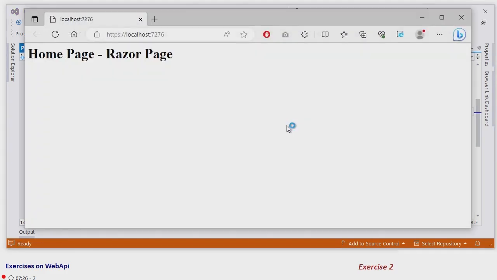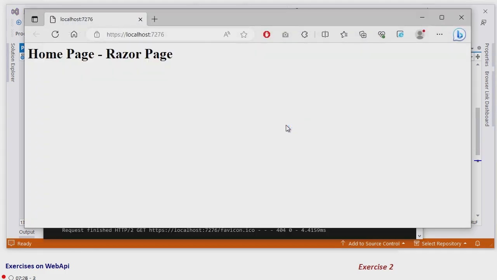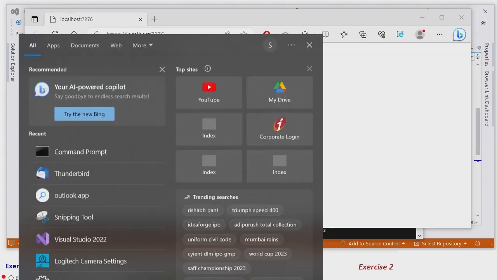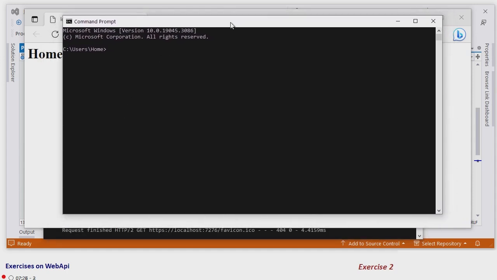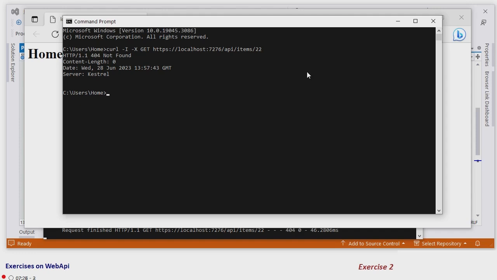The razor page opens, the home page opens, and now we'll test it with curl. This is the curl command. We are passing 22 and this says return headers. This says get the return call type, and 22 is out of range. So let us enter. We see that we get not found,